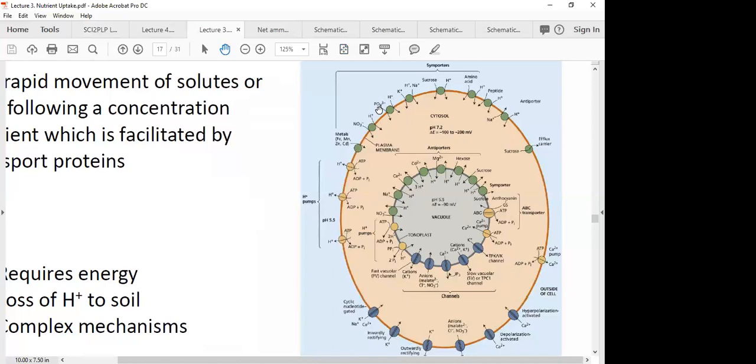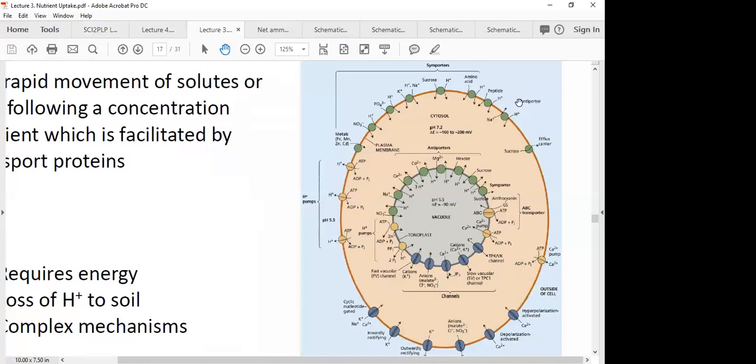Yes, so these are phosphates. This is how P is brought into the cell. Here's another example, a different one. Movement of sucrose is driven by the influx of protons through another symporter. Here's an amino acid proton symporter, a proton peptide symporter, and here we come to an example of